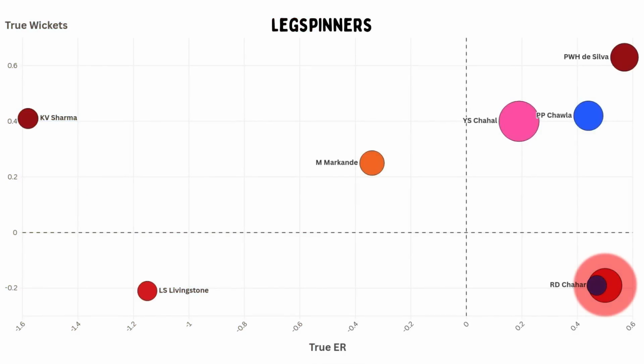Rahul Chahar went for 0.5 runs an over less than expected last year, but even though he's a wrist spinner, he bowls more like a left-arm finger spinner when it comes to taking wickets, i.e. he doesn't take many. But he is quite experienced for a 25-year-old, but like Chahal, he's not part of the